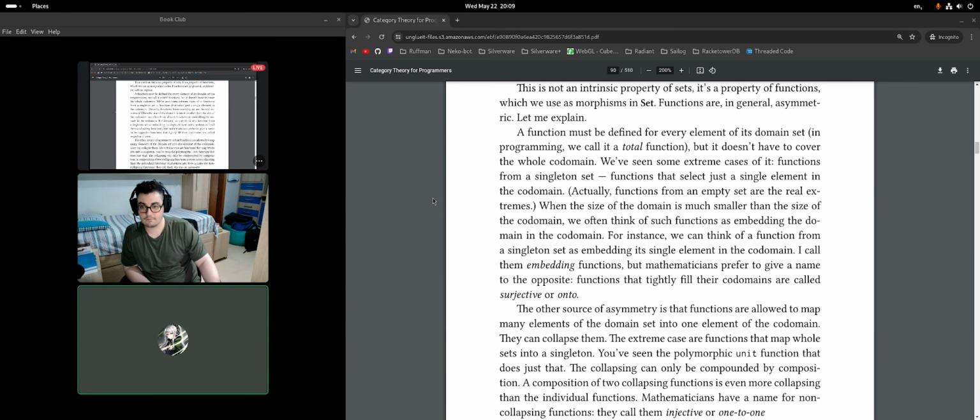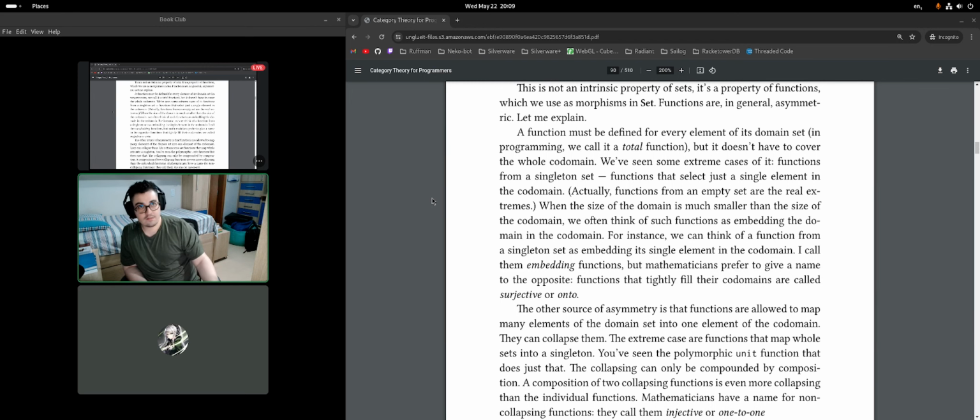Where were we? Asymmetry, right? Yeah, we were talking about embeddings. If the output set is larger than the input, so the codomain is larger than the domain, a function basically says, okay, here's how you can take the domain and put it inside of the codomain, and you map elements from one to the other. I hope Marinho's audio was not bad. It was glitching a little bit, but I think the message still went through.